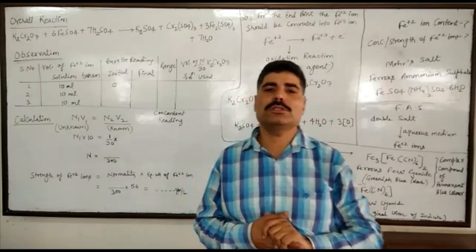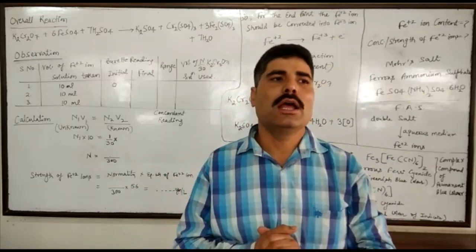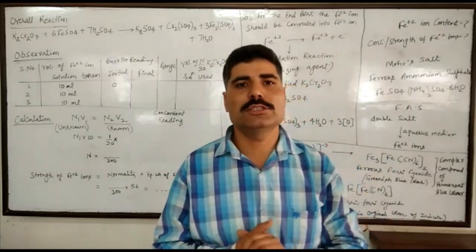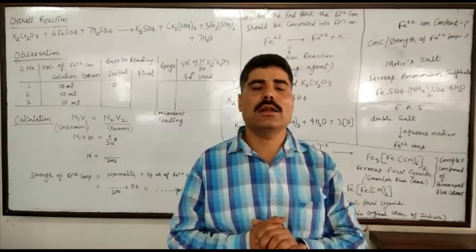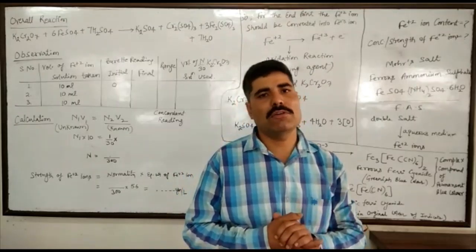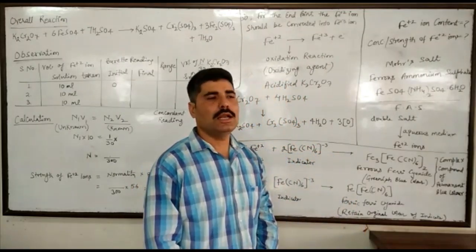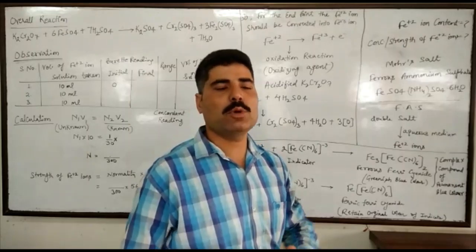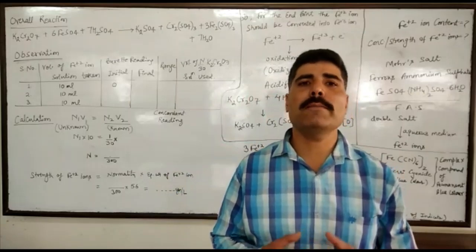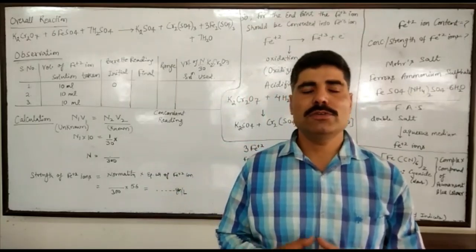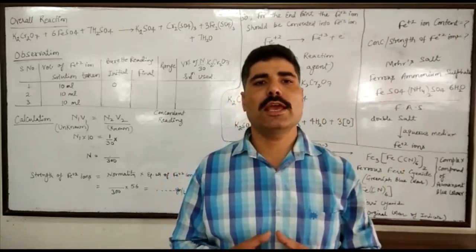And whenever we have to report the strength or the concentration of a given sample solution, then we have to go for the titration. And for the titration, basically we require three things. First is unknown, second is known, and the third one is indicator. Unknown is the given sample solution of Fe+2 ions. Known is N/30 potassium dichromate solution. Later on I will tell you why we are using this N/30 potassium dichromate as a standard solution. And the third one is indicator, that is potassium ferricyanide, which we are using externally. And one more chemical we are using is dilute sulfuric acid.